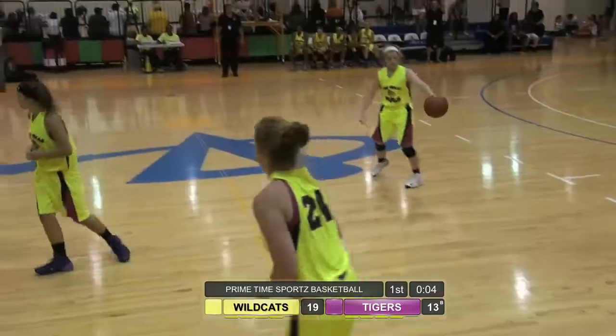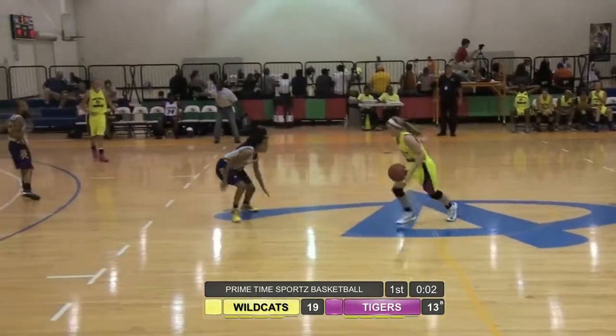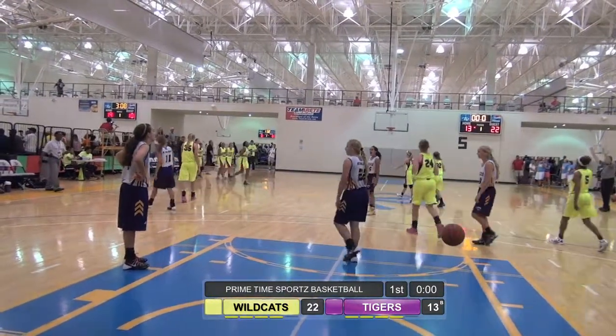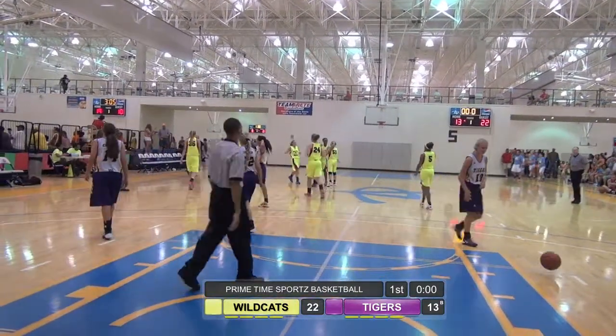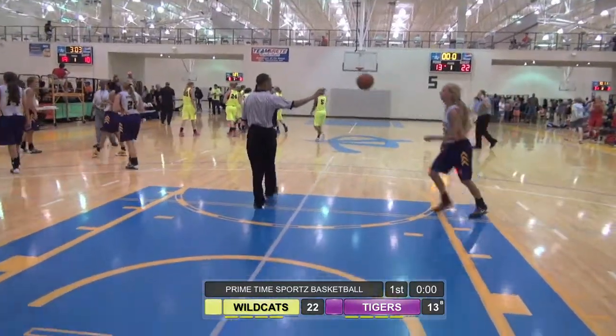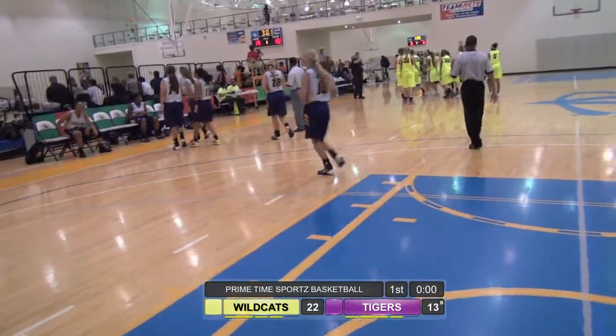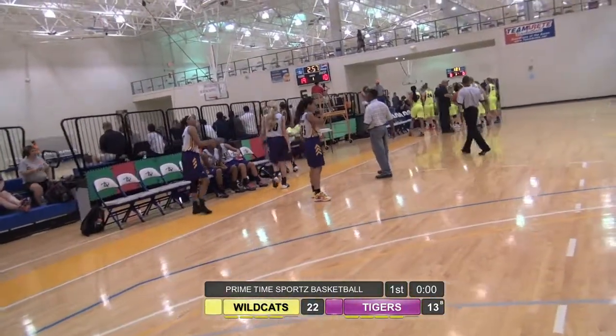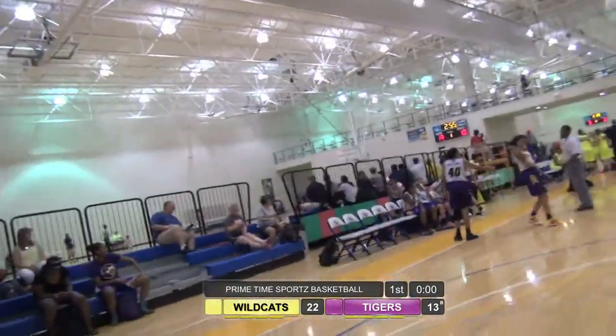Just 4.9 seconds left. The Wildcats got to go quickly. Annie Lenore with it. She shoots it at the buzzer, and she got it at the buzzer. She hit it to give her team a 22-13 lead. A buzzer beater at the end of the first half. The West Texas Wildcats take a 22-13 lead over the Lady Tigers, and we'll take a